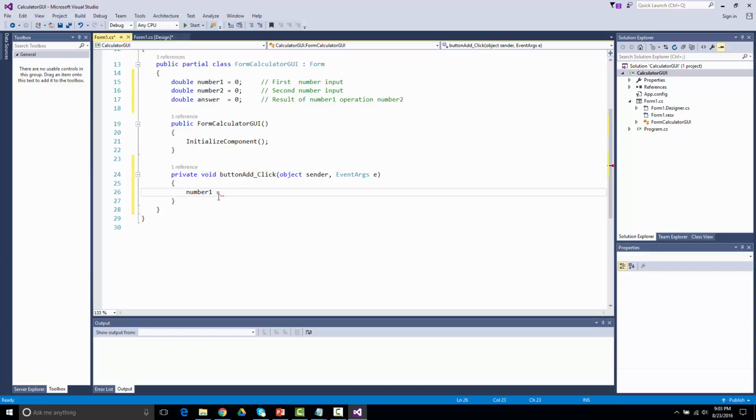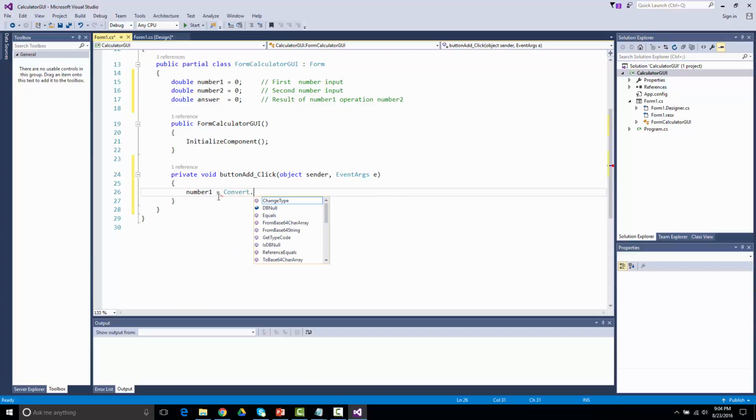Just want to give you the right syntax, so. Okay. So I'm going to say here,